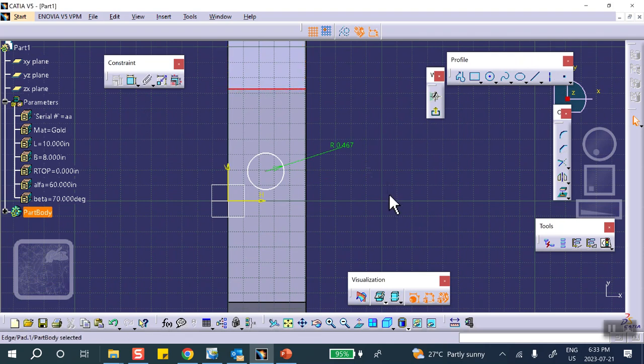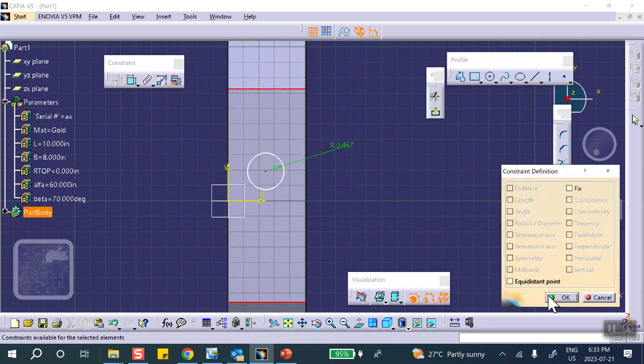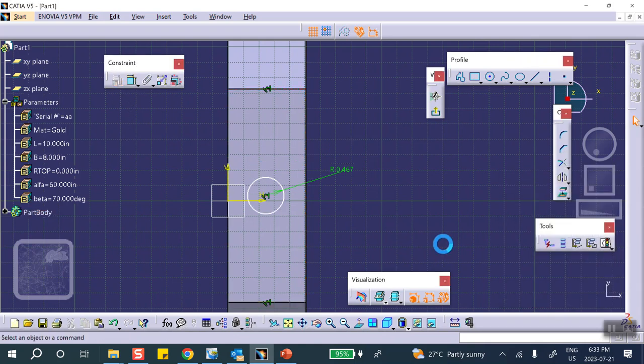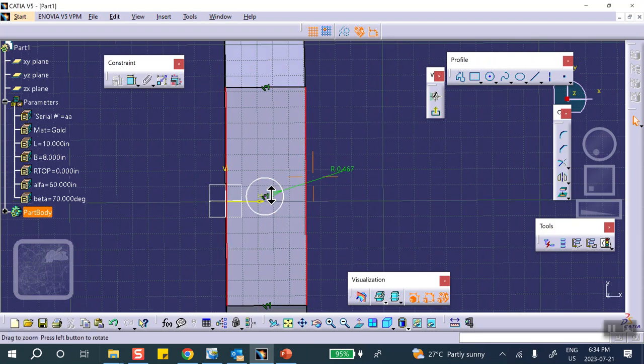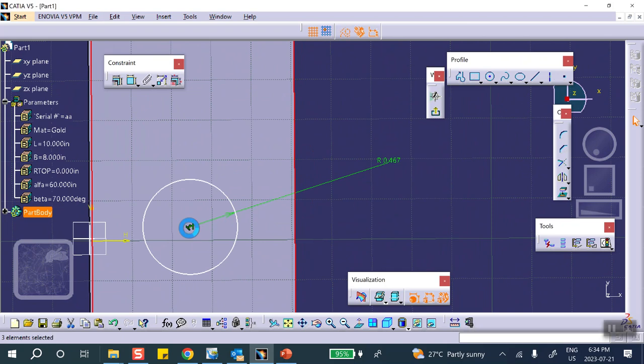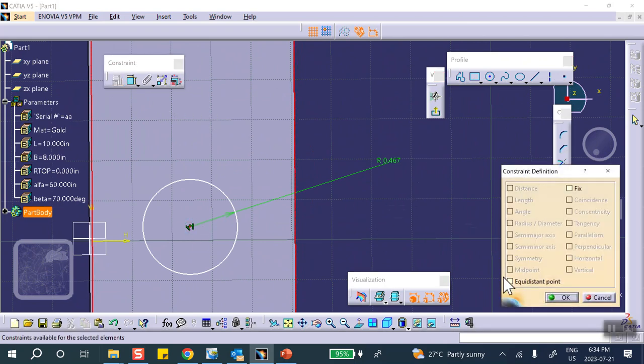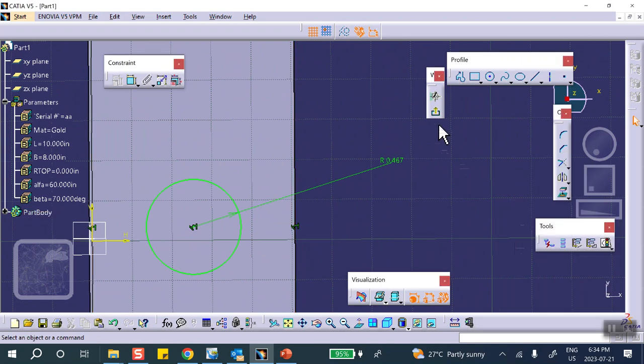This line, control that line, control the center. You're going to make it equidistant. And left side, control left edge, control right edge, control the center, which I don't know where it is, right there. And I want this thing to be equidistant too. Very good. Exit,